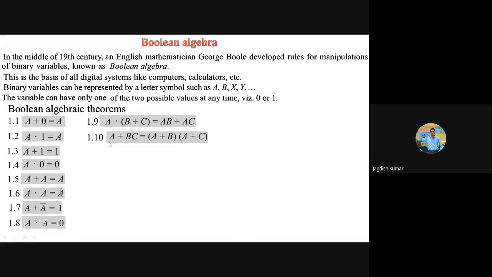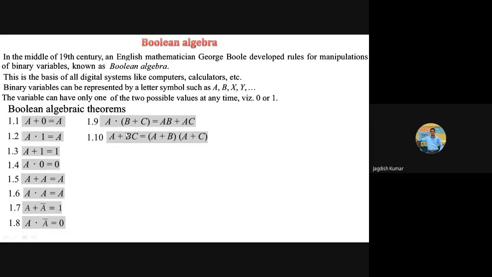Now you may ask, okay, is this really valid? Now there is something really interesting here. This one won't be true in common algebra, isn't it? If you apply this left hand side and right hand side, in common algebra, this is going to be A square plus AB plus AC plus BC, something like this. But in Boolean algebra, this is nothing but equal to A or BC, because in Boolean algebra, there are certain things whose results are straightforward.